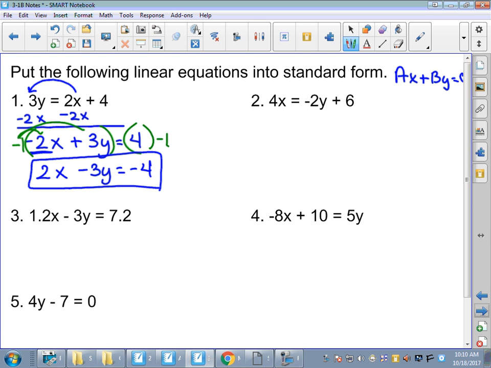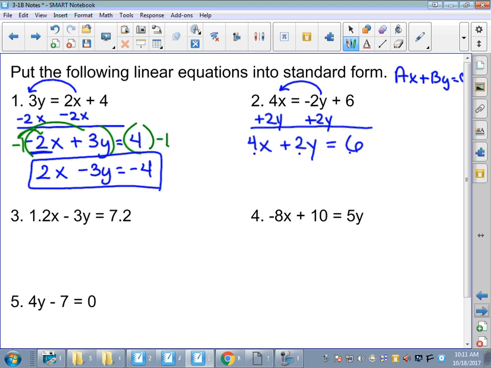The second example here, I need to get this -2y to come over with this x. So I'm going to add 2y to both sides. I can't combine a 4x and a 2y, so I just write the 4x out in front, put the ax out in front, plus 2y equals 6. Now I'm in the right order. A is positive, B is a whole number, A and B are both whole numbers, but I do see a